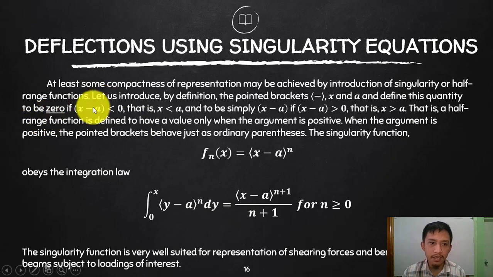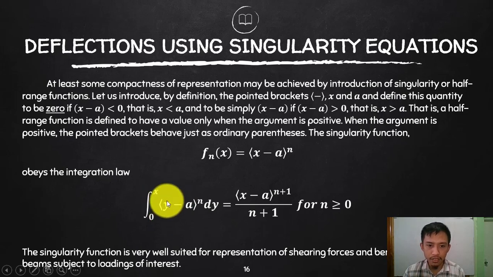Then the entire term will be considered 0. But if that is positive or 0, then we should include that one in our moment equation. So, okay, again, that is just the explanation of this. Then, of course, later on, you will now end up with